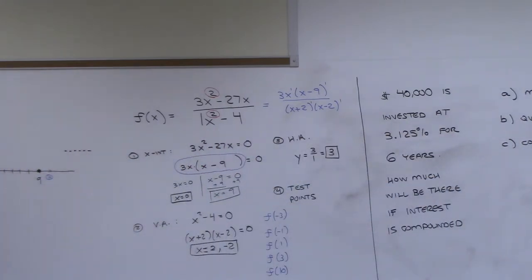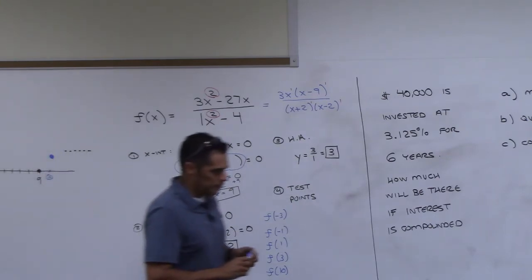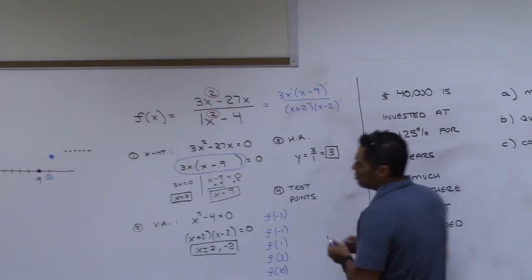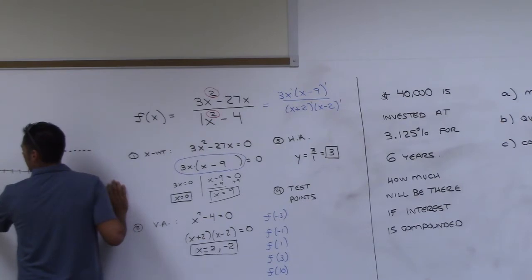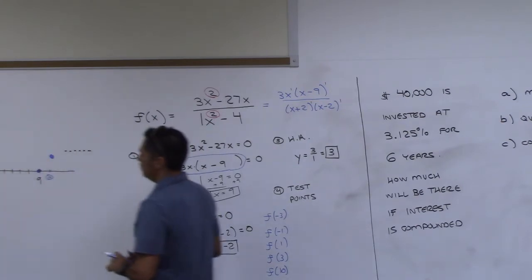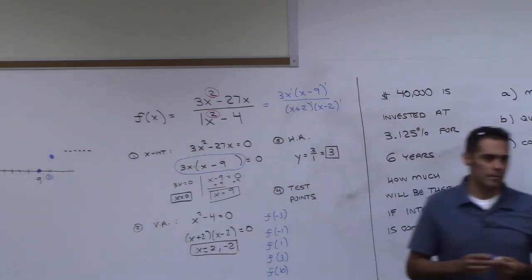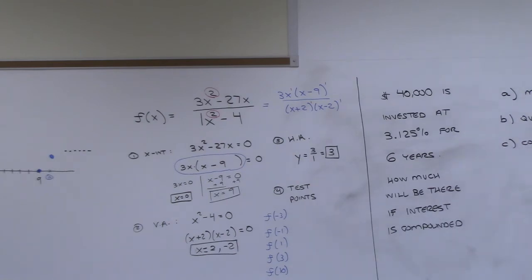These are going to alternate. You're going to get positive, then negative, then positive, then negative, then positive. And I should probably erase my x-intercepts that I had here that were black and make them blue just to reiterate that that's part of our graph. And now we draw.